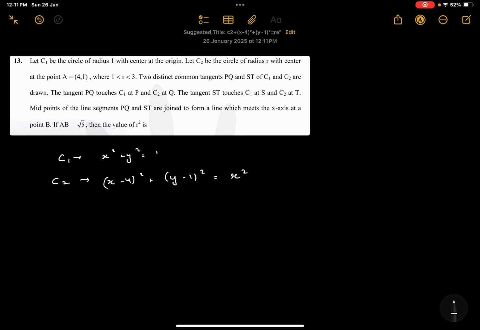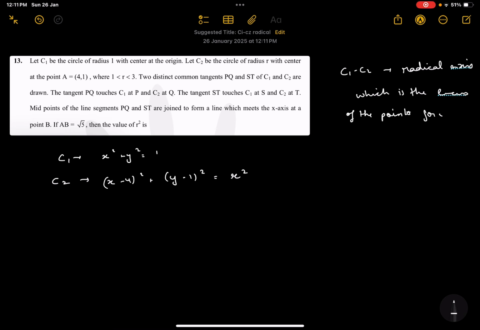Now recall that c1 minus c2 is the equation of the radical axis, which is the locus of the points for which the tangents to c1 and c2 are of the same length. So the claim is that the midpoint, the